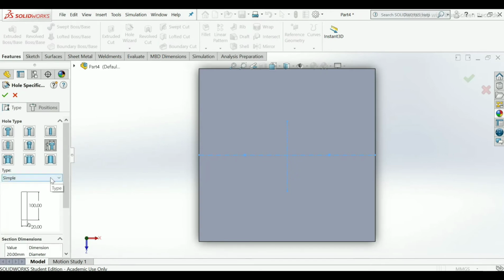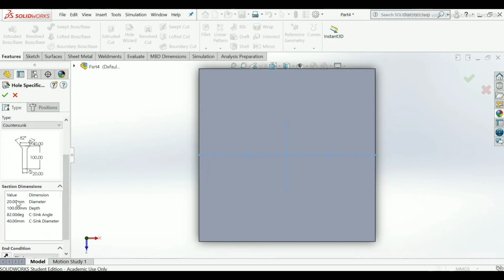This time I will choose the type countersunk. The first diameter will be 6.3, the C-sink diameter will be 12 mm, and the C-sink angle will be 90 degrees. Depth will be 8.